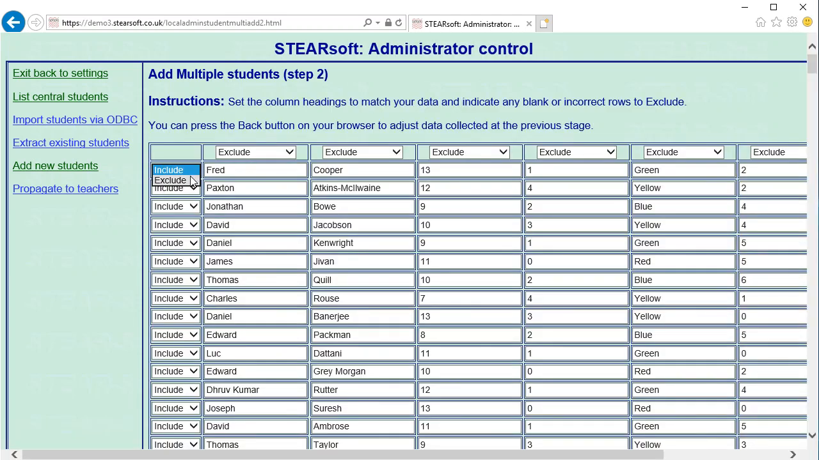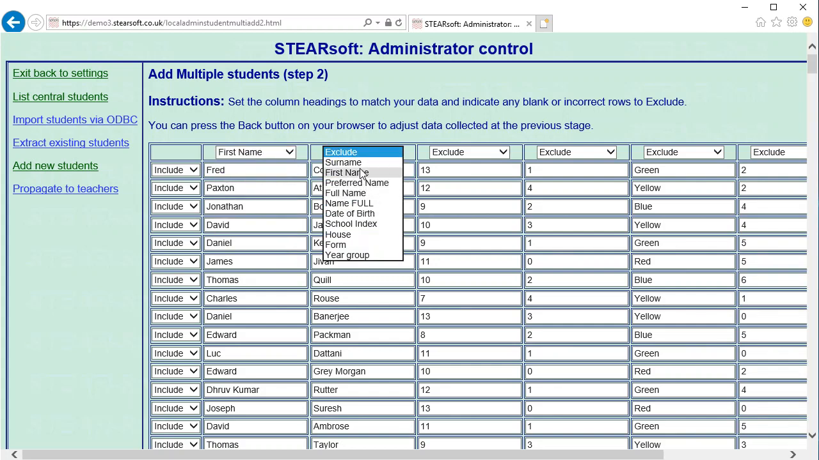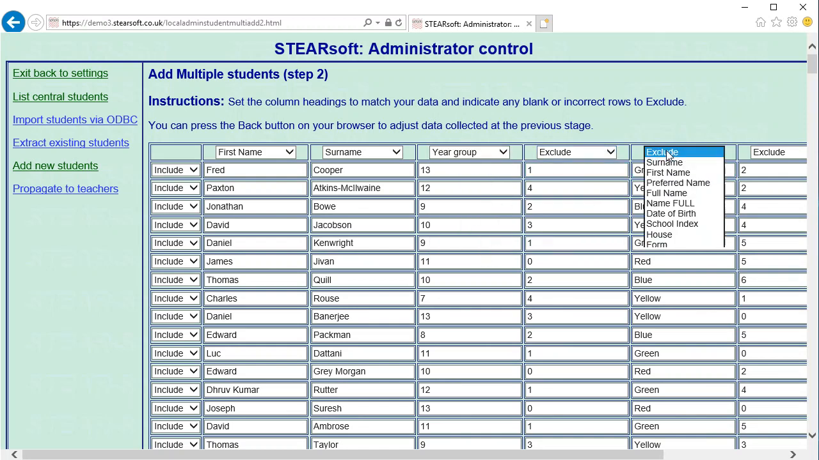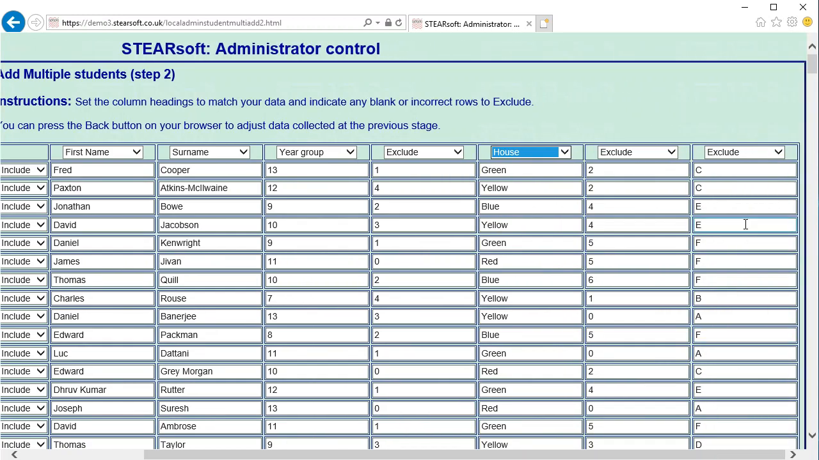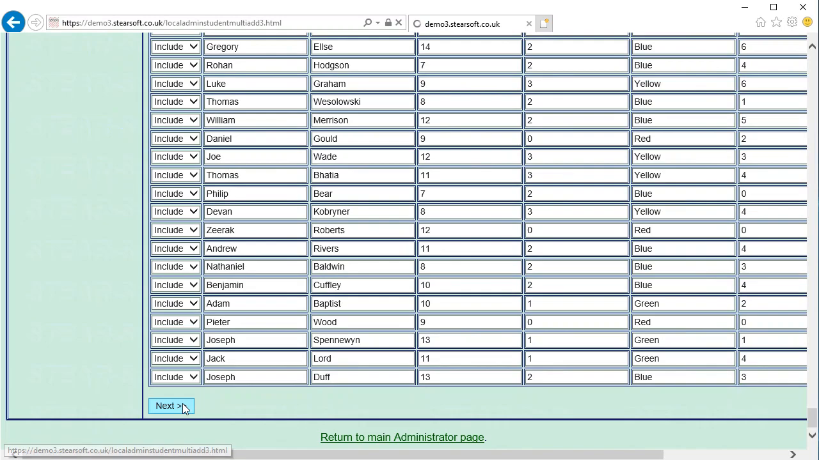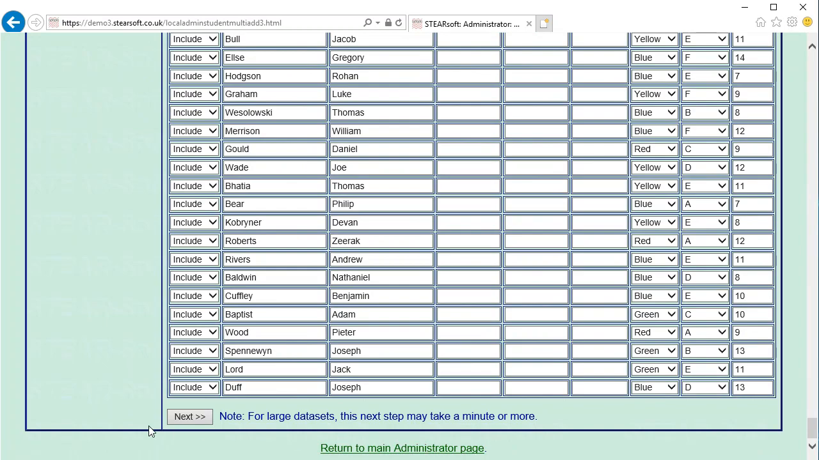We'll exclude, oh no, we don't want to exclude the first row this time. The first row is part of the data, but we need that to be the first name, surname. This was year group, I believe. That was ignored. This was form, or was it house? House. And this was form at the end. Next, and it's matched up again. Next,